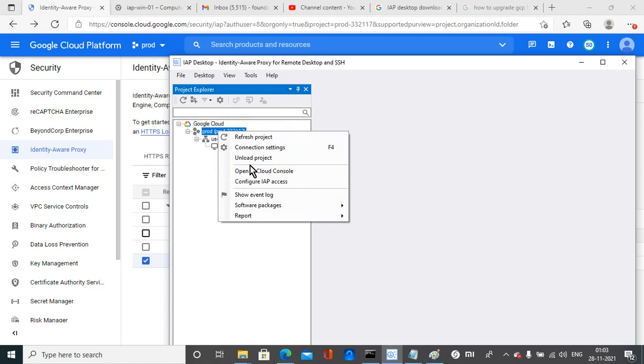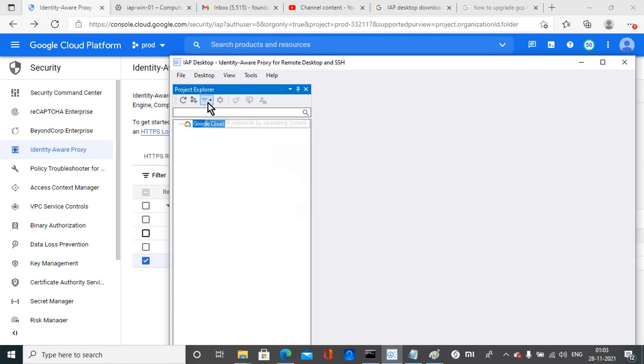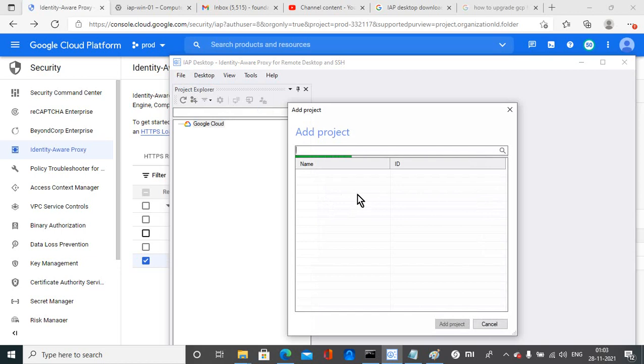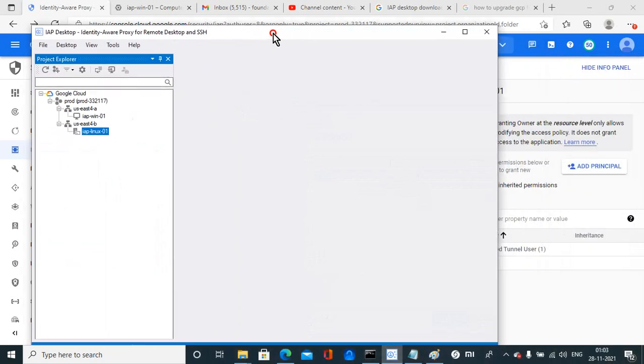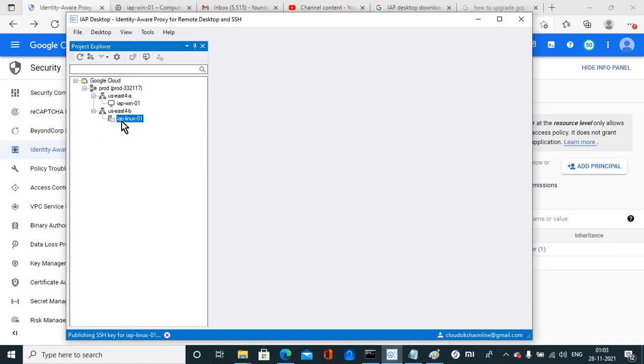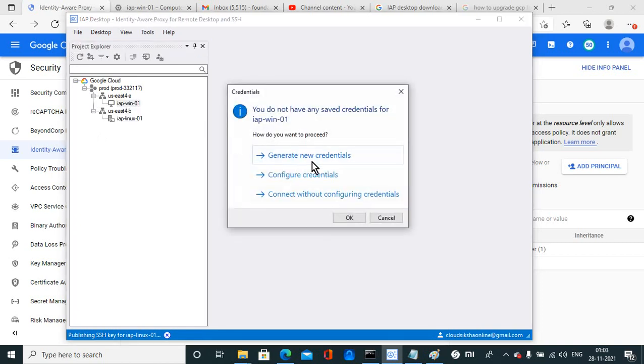Again, unload project, file, add Google project, so add project, loading, and now you can see both machines are here. Linux one, and whenever you connect with the machine, it will ask you to generate new credentials.